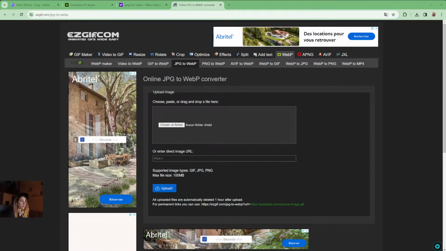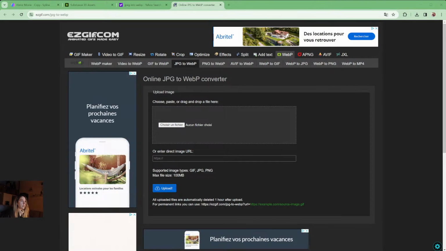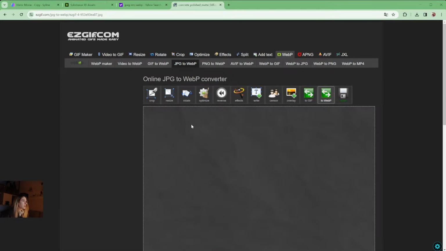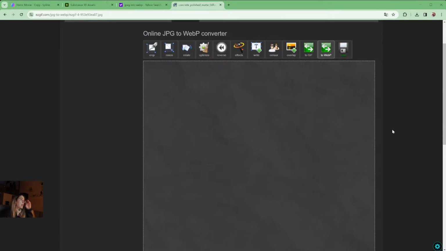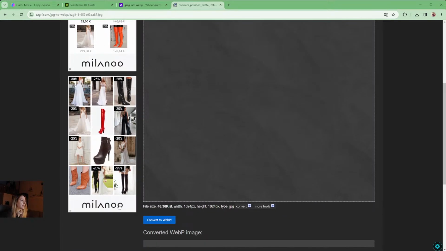Texture, substance, concrete. So I can drag and drop my texture here, and I can convert to a WebP. So like you can see, my